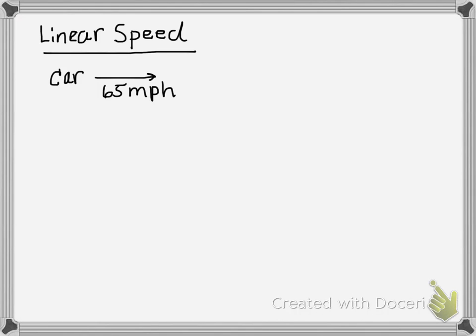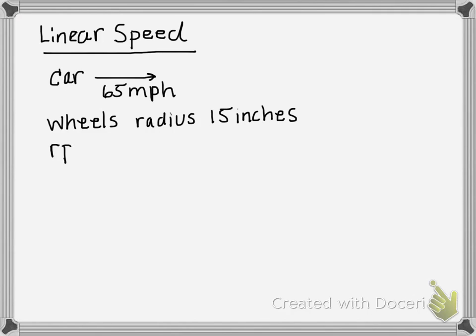And we also know that the wheels of the car have a specified radius. The wheels have a radius of 15 inches. And then based on this information, we'd like to know what rate the tires are spinning in revolutions per minute. So we are looking for RPMs,